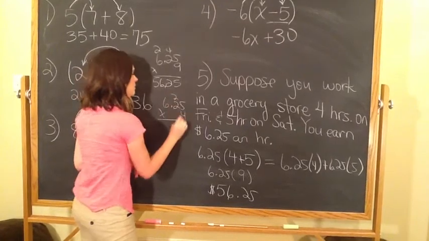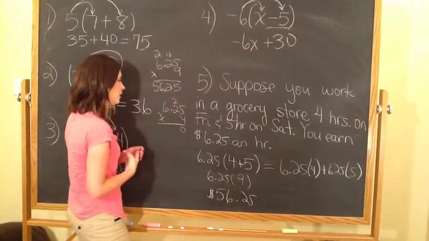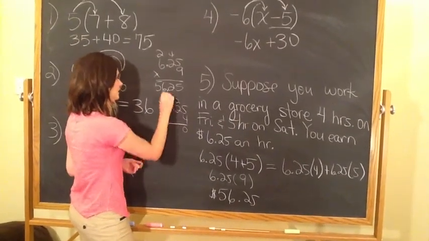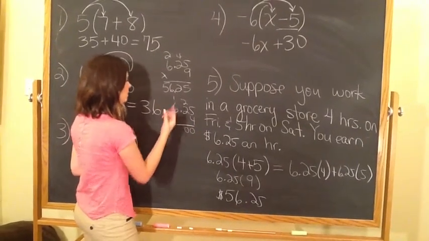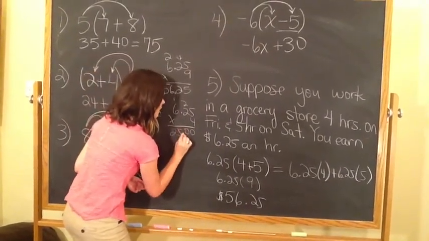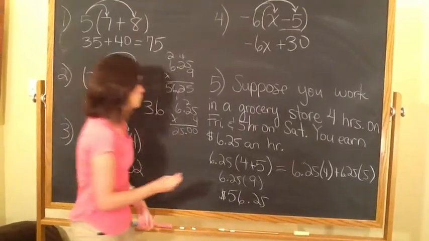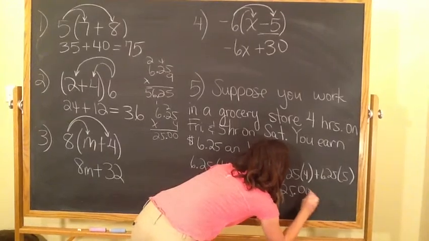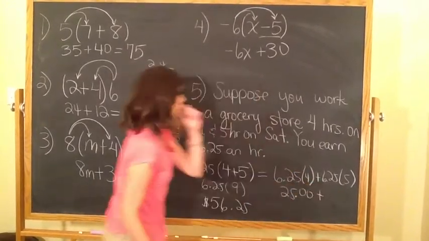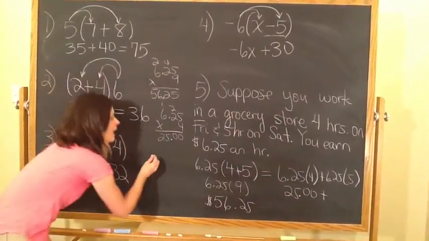4 times 5 gives us 20. 4 times 2 gives us 8, 9, 10. And then 4 times 6 gives us 24 plus 1, which gives us 25. So we went and made $25 on Friday. And then now how much money do we make on Saturday? So we're going to go ahead and multiply